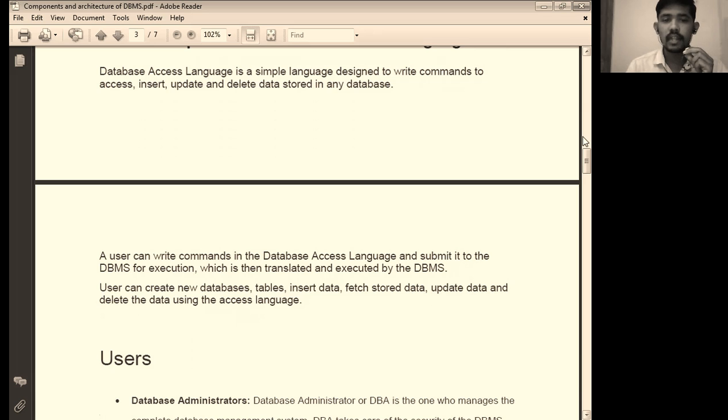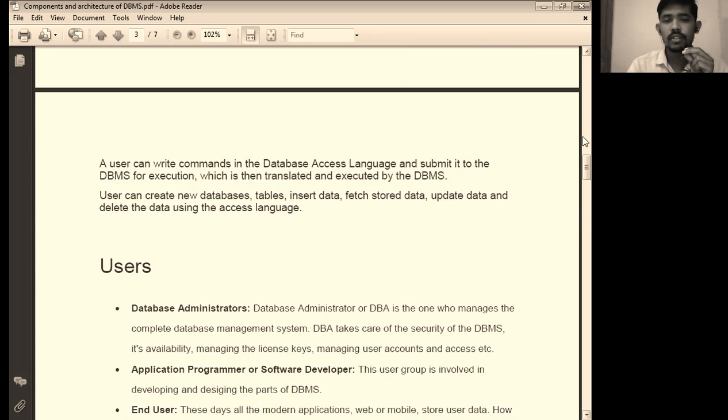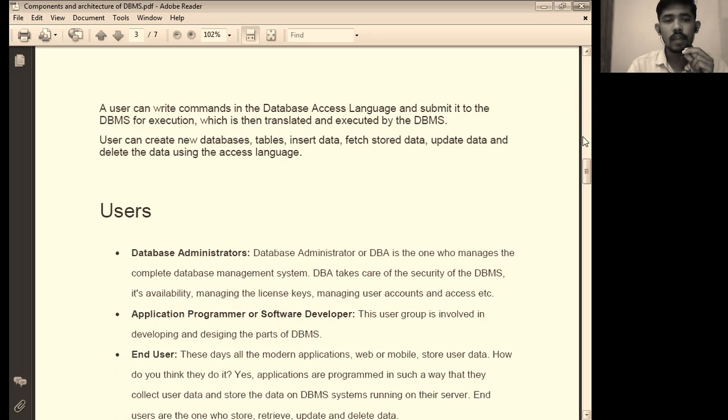So user can create a new database table, insert data, fetch stored data, update data, delete data by using this access language. That means user can perform various operations by using this database access language.